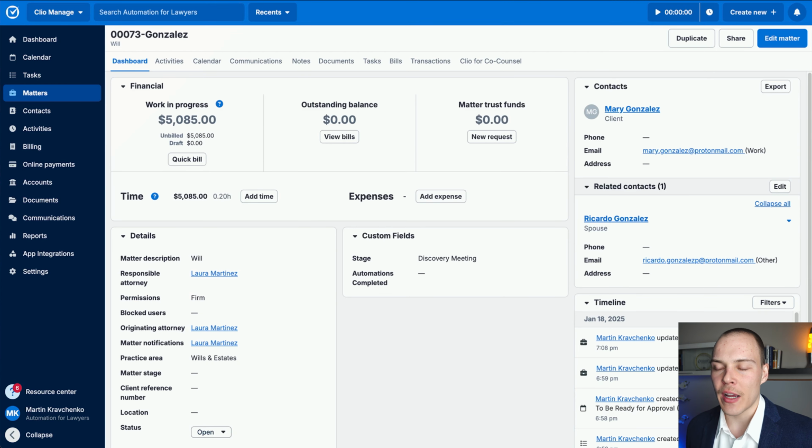What we see a lot of the law firm owners that we work with complain about is that their staff members cannot keep good track of the critical tasks that need to be completed at different stages inside of the case's progression. Wouldn't it be great that inside of your Clio Manage account, you could deploy an automation so that